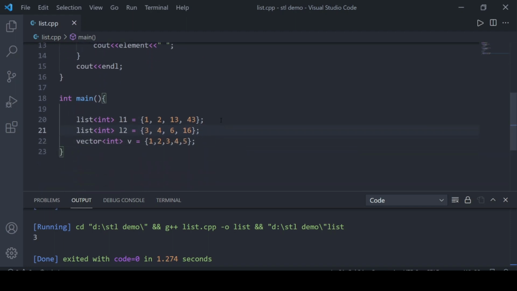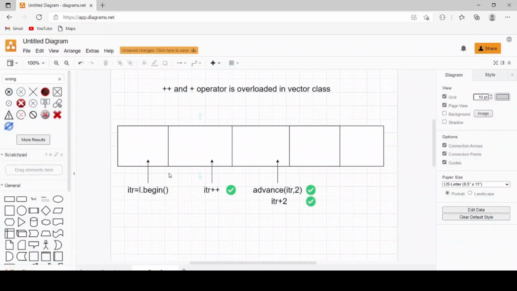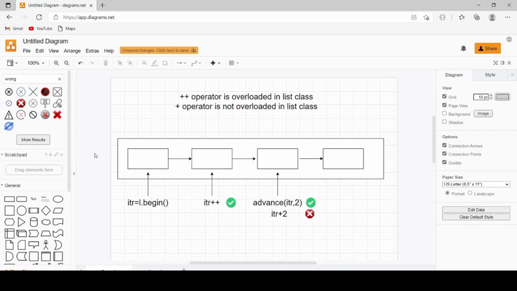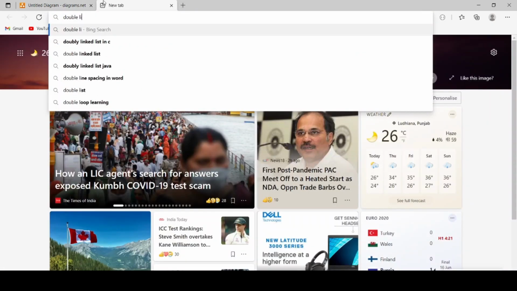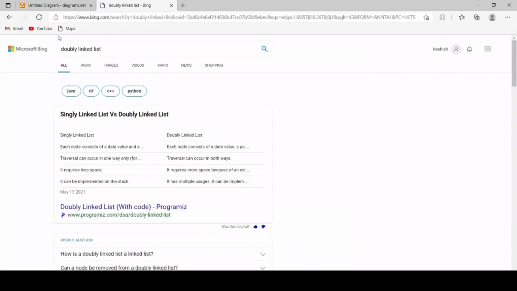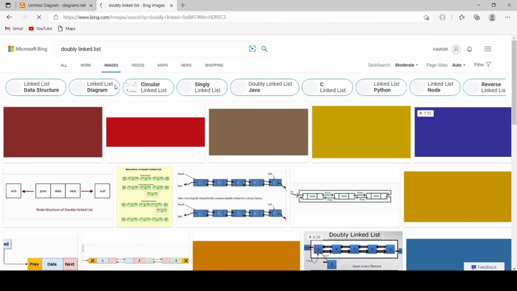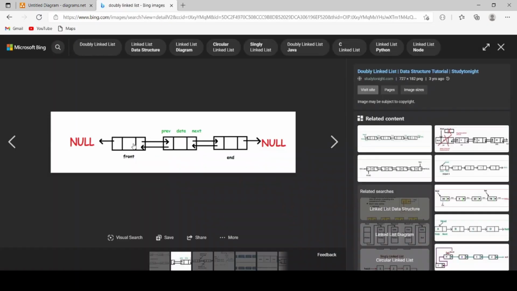First, let's look at an example. So, list in C++ STL is a doubly linked list. So, what is a doubly linked list? Here there is a pointer from one node to another, and if there is a back pointer from the second node to the first node, then it's a doubly linked list. I think you all might know what a doubly linked list is. So this is the doubly linked list in which each node has a pointer to go to the next node and a pointer to go to the previous node. So this is the implementation of the list.